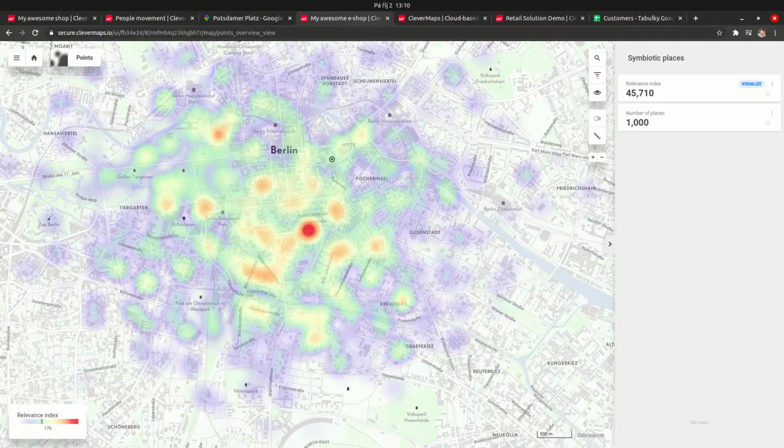And the last example, imagine that you are a manager of a bakery chain, and based on your experience, the best places for a new bakery are nearby schools, offices, and public transport stations. I call them symbiotic places or symbiotic partners. You can load those data with schools, universities,